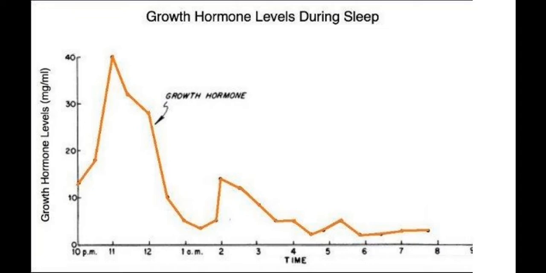You see here the plot of the growth hormone release during sleep. It is in milligram per milliliter, but okay, you can also calculate in nanogram per deciliter. Milligram per milliliter seems more natural. And you see that if you go to sleep at 10 o'clock at night, then about 1 hour later, in the stage of deep sleep, you have release of growth hormone, but it drops about 3 hours after